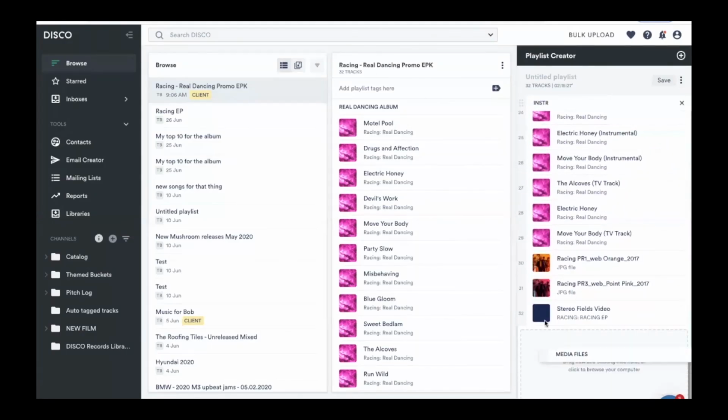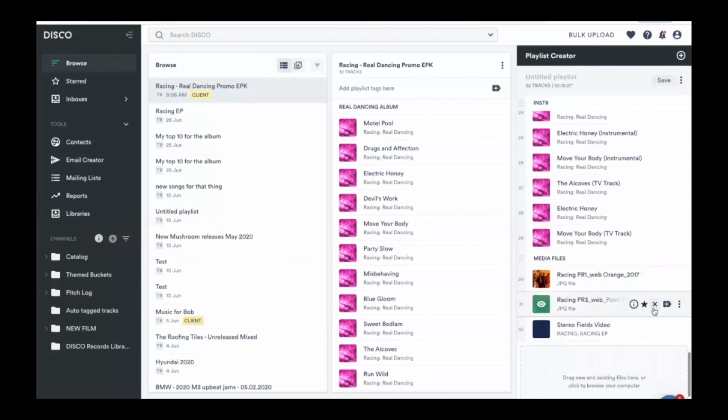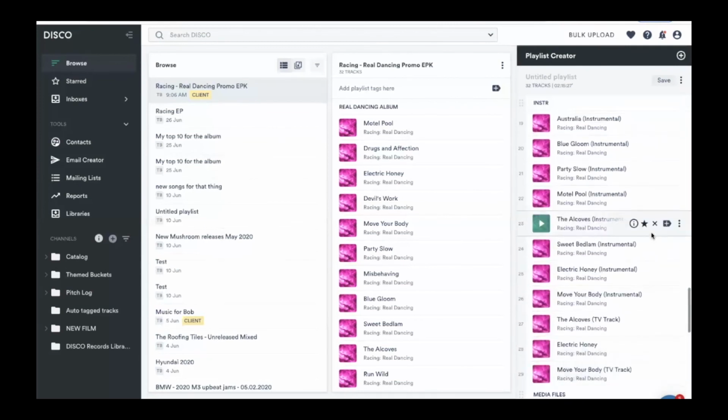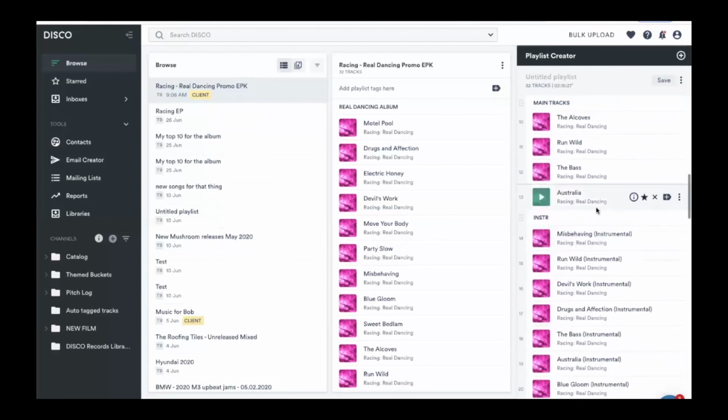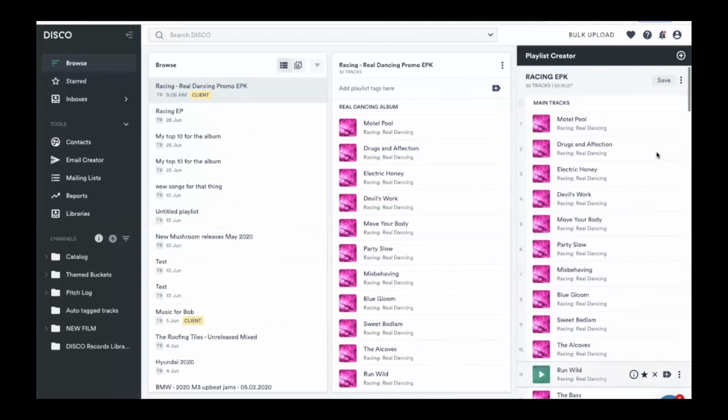And what's useful with the sections too is they act like a bit of a heading. So they kind of break it up so people know what they're getting underneath that section. But also on the receiving end, if someone only wanted to download the main tracks bit, they could do. So they're not obliged to download the whole playlist. They could stream some stuff and download what they want.